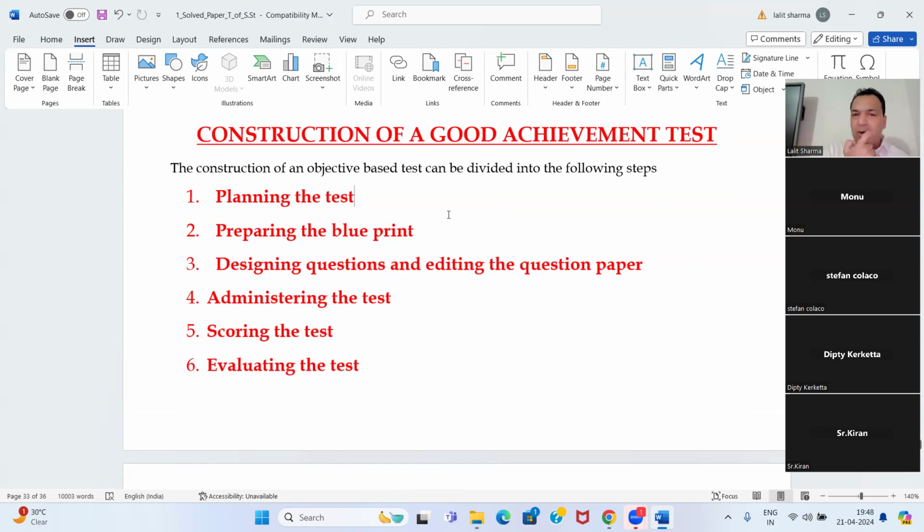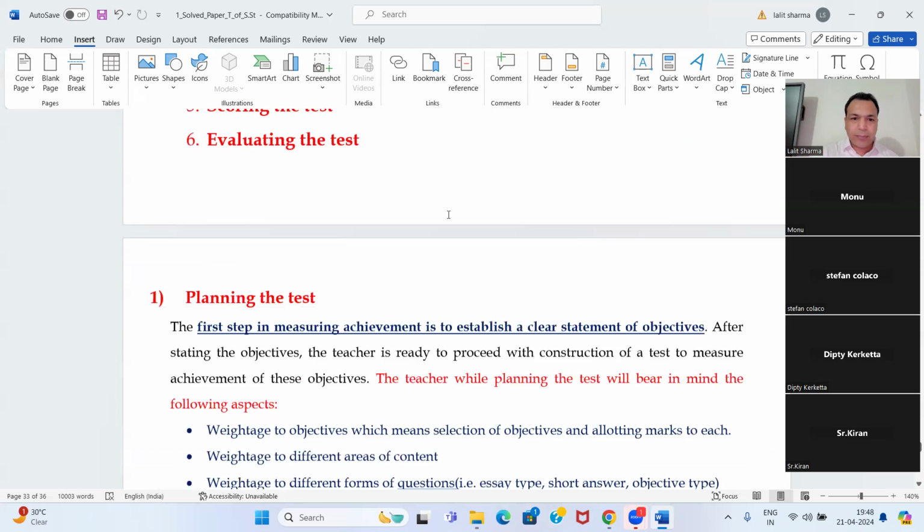नेक्स्ट क्लास हमारी होगी पेडागोजी ऑफ इंग्लिश की. ओके, नेक्स्ट. ओके, तो उसमें भी हम ये डिस्कस करेंगे. तो वी विल स्टार्ट फ्रॉम हियर, कंस्ट्रक्शंस ऑफ ए गुड अचीवमेंट टेस्ट, राइट? तब तक, till then you learn these all the steps. Okay, otherwise I have covered the main important topics. Okay, so whatever topic is left, it would be covered in our next class. Okay, जिसमें हम करेंगे pedagogy of English, right guys?